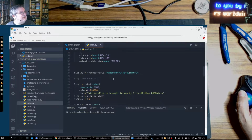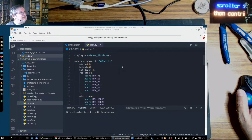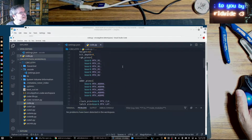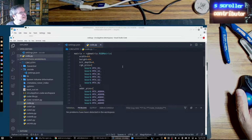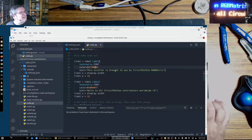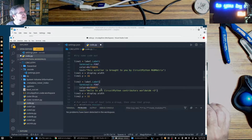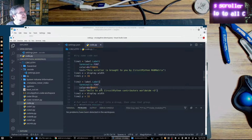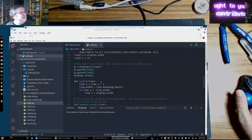And in this case, as you can see in the corner of the screen, this is the code I'm currently running on the board. And of course, you probably don't believe me, so let's go like this. RGB pins. No. What we want is our color here. Right? There you go. Different color. Ta-da! Yes. Oh, I slowed the scrolling down because it was going lightning fast. Simply with a